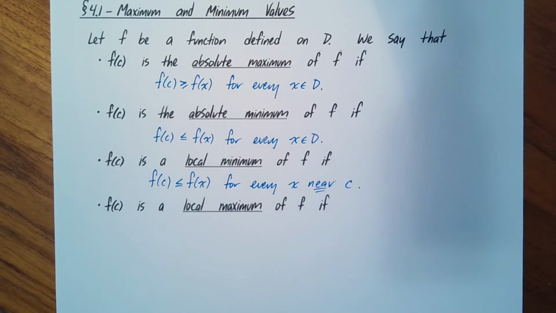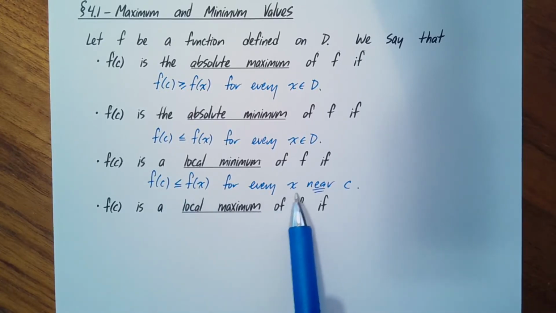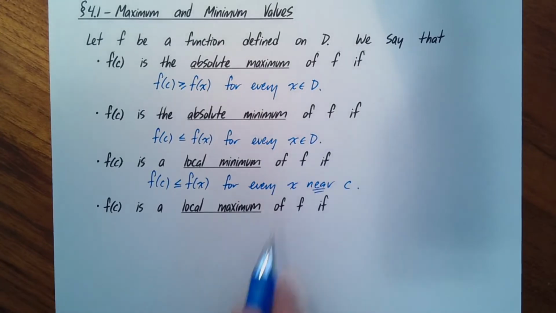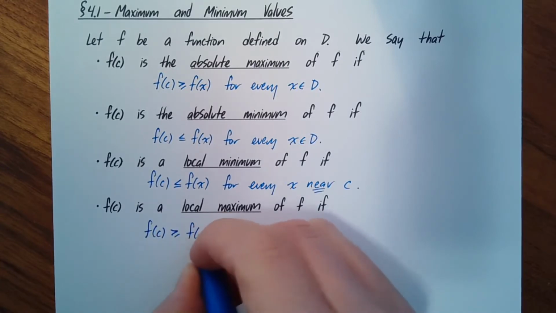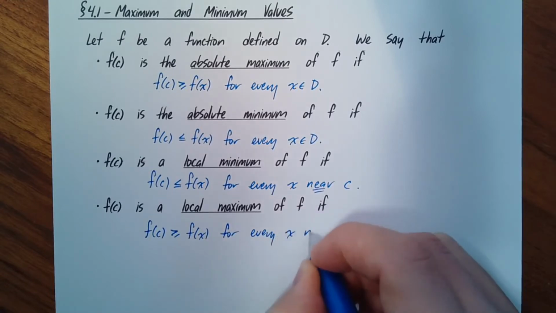Now I might have to take a very narrow interval. I might really have to zoom in around the point c in order to be able to accomplish that. But as long as it's possible to be done, no matter how small that window ends up having to be, then it's fair to say that f of c is less than or equal to f of x for every x near c. And we'll do the same thing for a local maximum. So f of c is a local maximum of the function f if f of c is greater than or equal to f of x